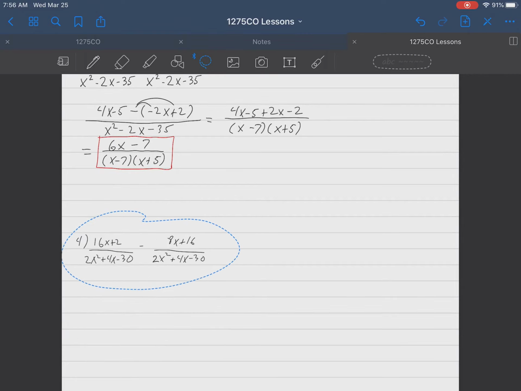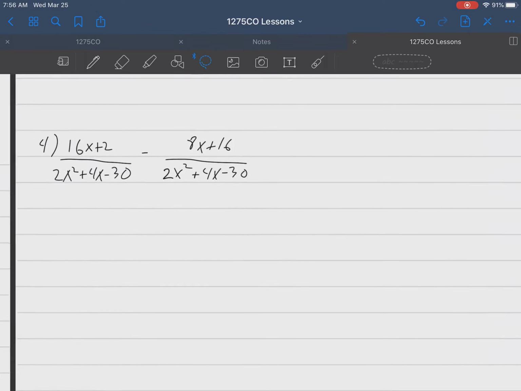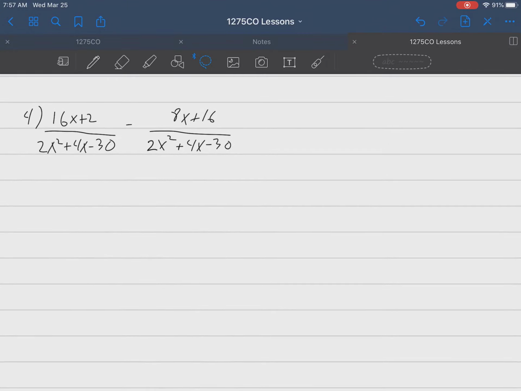Let's look at number 4 up here. We can move this up a little bit. 16x plus 2 minus 8x plus 16. Again, denominator, 2x squared plus 4x minus 30 is the same on both. So we can go ahead and start our subtraction. And again,